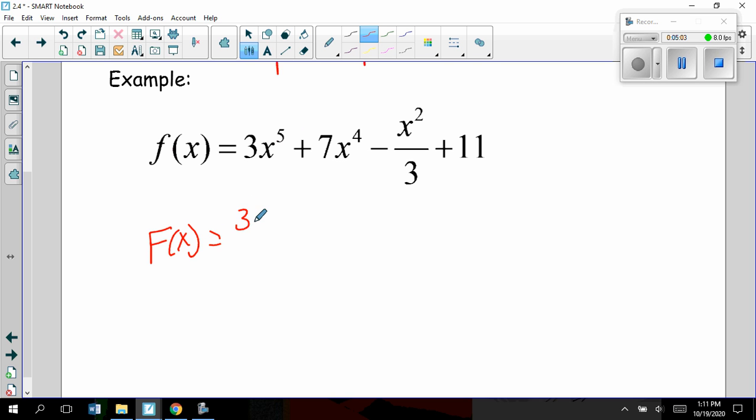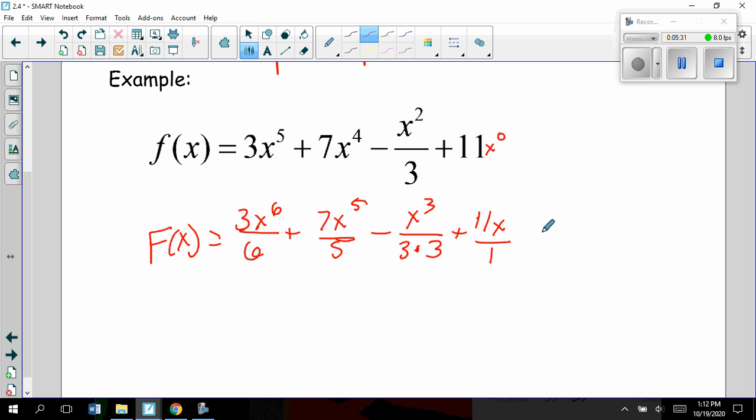So for the 3x^5, I would power up to 6, and I would divide by 6. The 7x^4, I would power up to 5, and I would divide by 5. The 3x^2, I would power up to 3. Now I would divide by 3, but there was already a 3 there, so you're going to end up with a 9 there. Now 11, you really have x to the 0, so when you up the power, you power it up to 1, and then I'll write it, divide by 1, and then I will not forget my plus c